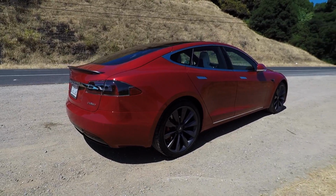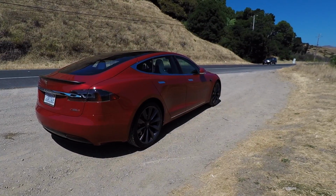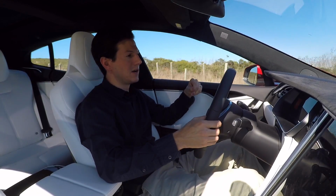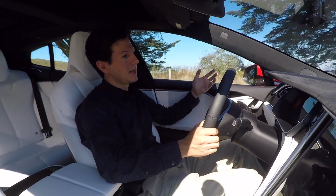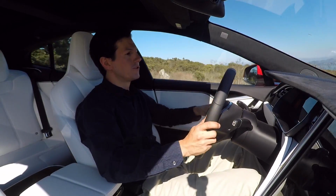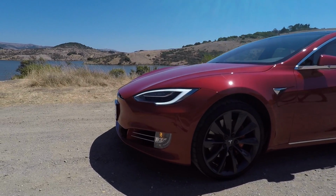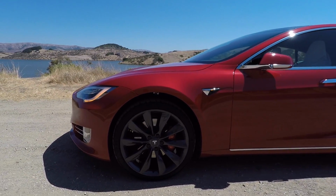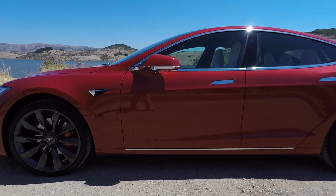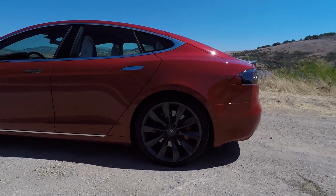Because if you think about the Mercedes S-Class, which is the top of the line car for them, the BMW 7 Series, and the new Porsche Panamera that's just come out, which is available now as a plug-in hybrid, and it has a ton of power and all this kind of thing, all of those cars are somewhat competitively priced, depending on what engine that you choose. And you're still not going to have the same feeling of the torque that this car has because of the electric motors. So I could see for some folks saying that the price is a con,